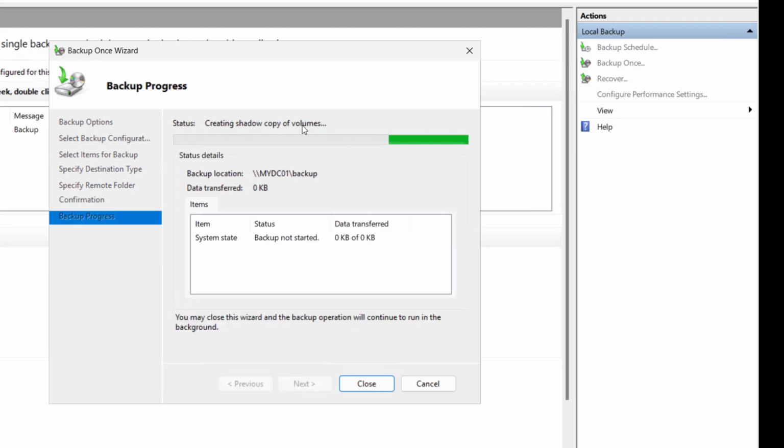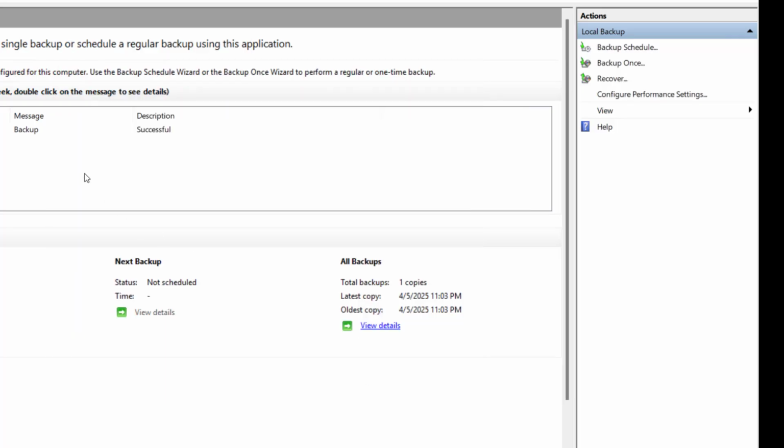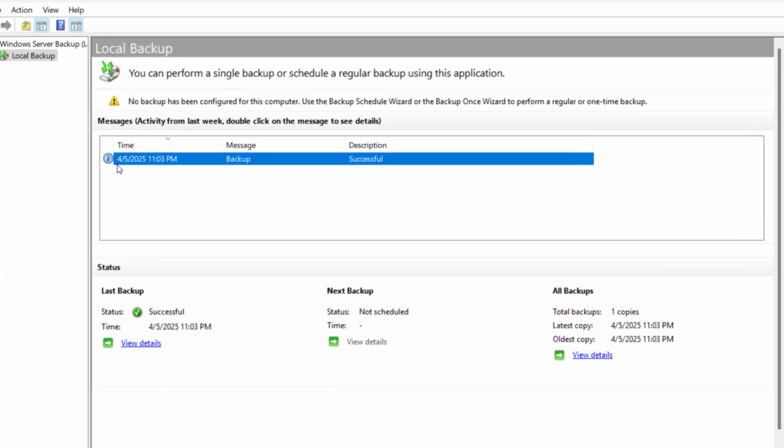Right now it is creating a shadow copy of volumes, and here we see backup not started. Now you can see the backup has started. Let's wait for it to complete. So now the system state backup has been completed. You can see the status is completed and data transferred is 9.4 GB. So the system state backup has been completed successfully, and you can see we have a successful backup for this